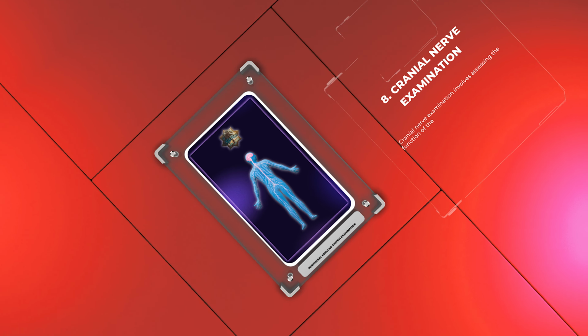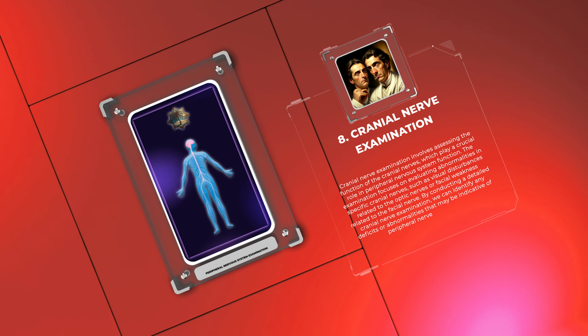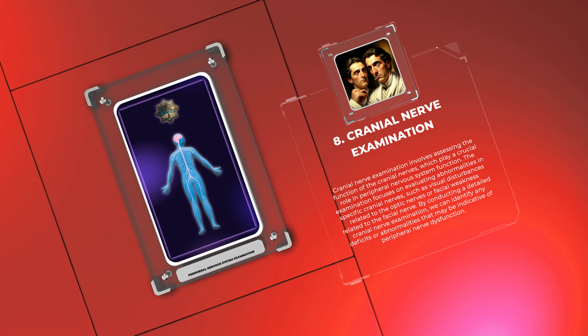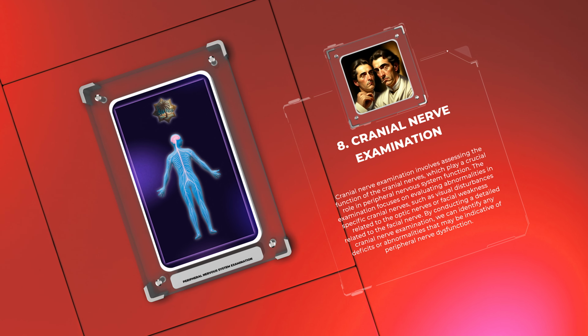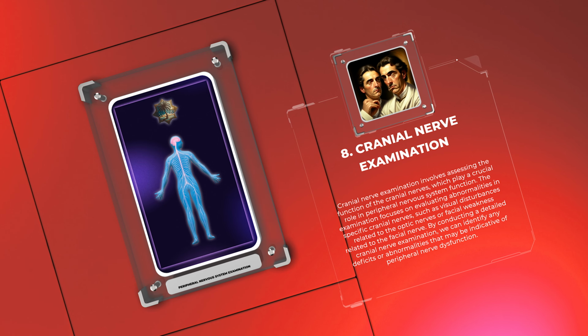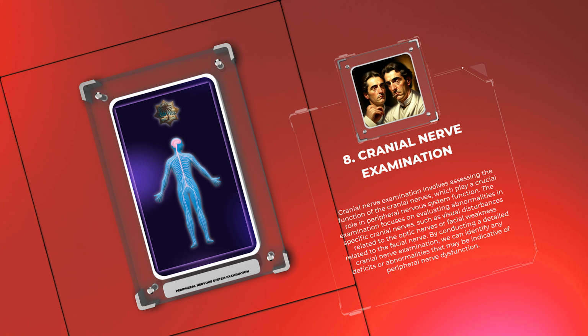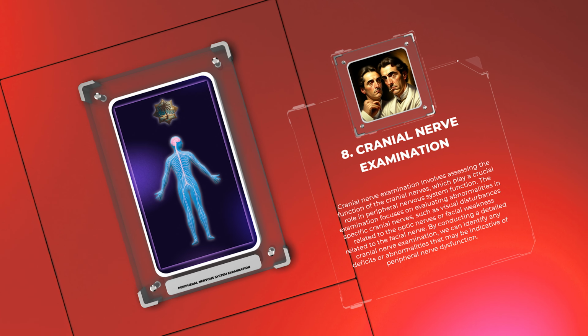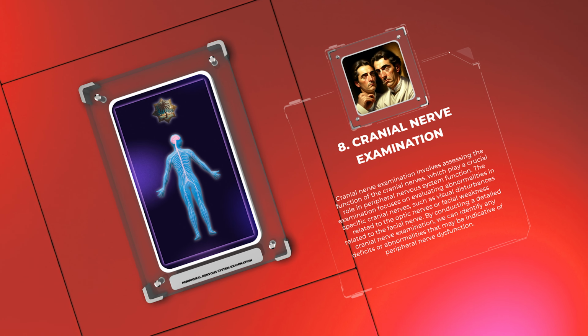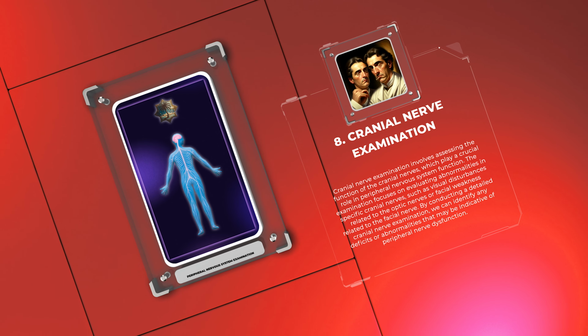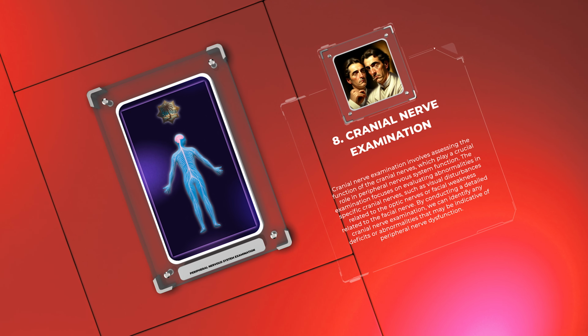Cranial nerve examination involves assessing the function of the cranial nerves, which play a crucial role in peripheral nervous system function. The examination focuses on evaluating abnormalities in specific cranial nerves, such as visual disturbances related to the optic nerves or facial weakness related to the facial nerve. By conducting a detailed cranial nerve examination, we can identify any deficits or abnormalities that may be indicative of peripheral